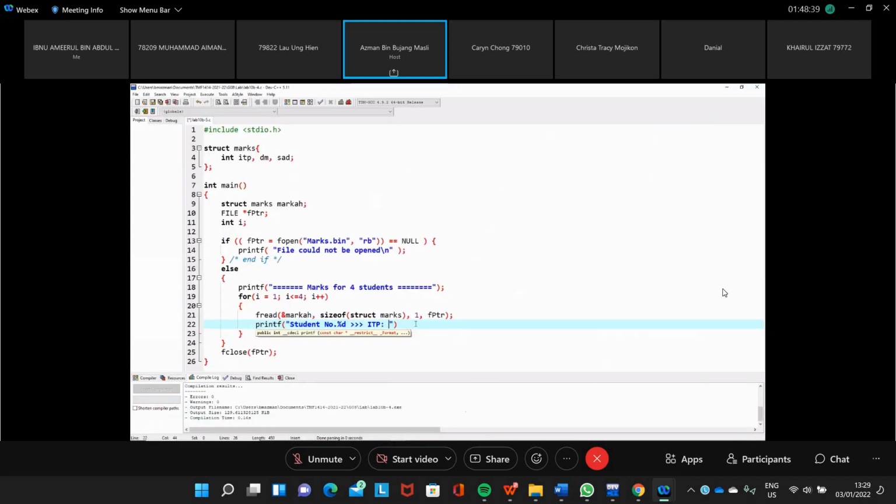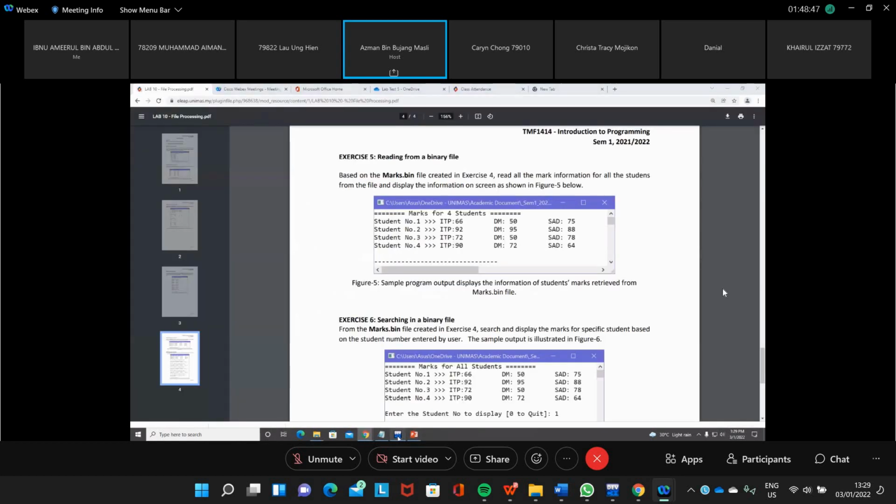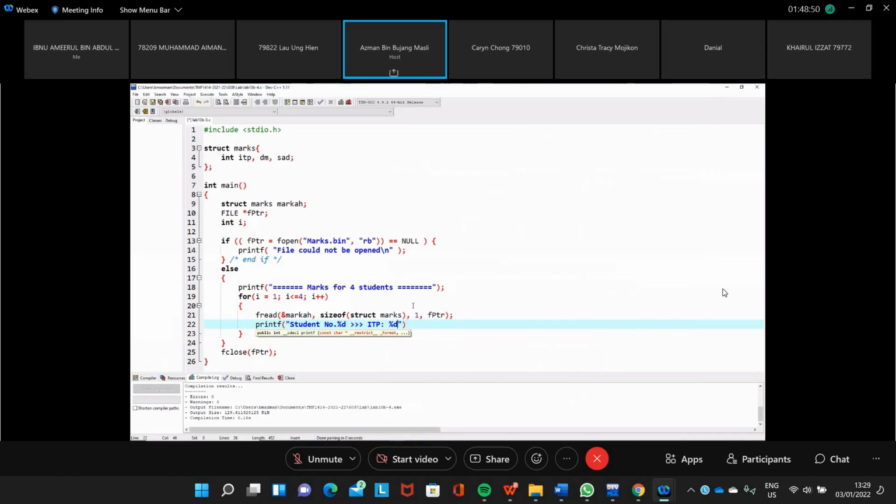The mark is an integer. Later on we put the mark there, and then we can put a tab here, and then discrete mathematics, and this is the mark for discrete mathematics. Then we put another tab, and we have the mark for SAD. Then we put a new line after we print out.